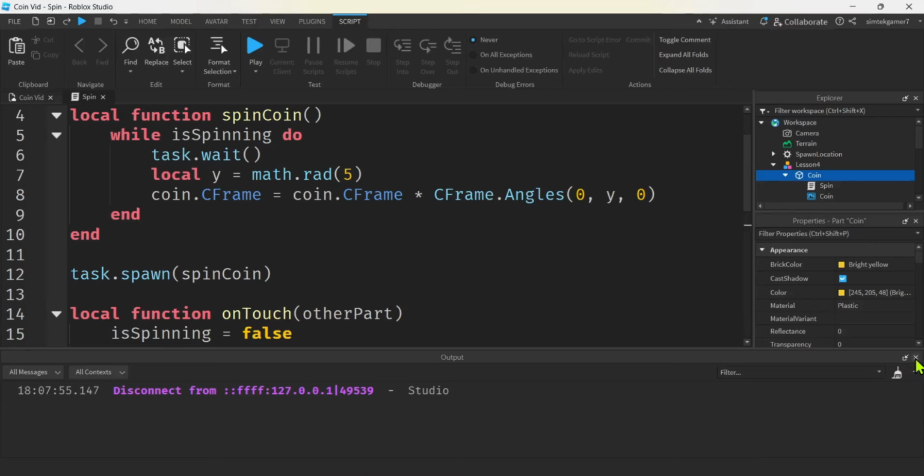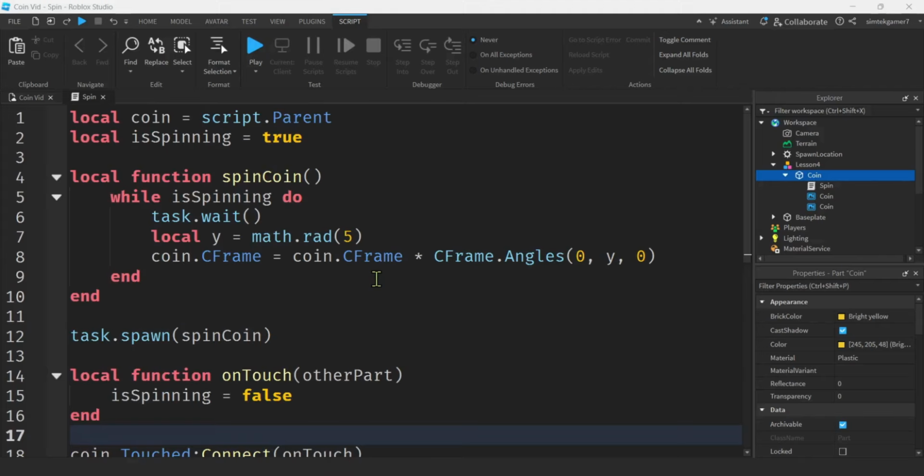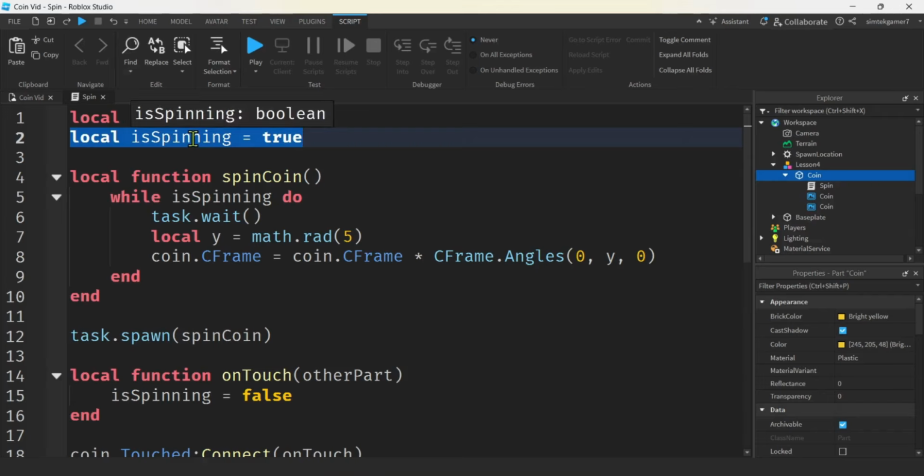Close my output window. Now the downside to having the loop control variable, or the loop condition, right here defined in our script is you can't get here from outside the script. So maybe you might want to have a button or something, or maybe a UI button that sends something to the server to turn the coin off. What you're going to need to do, let's say go to the coin here,